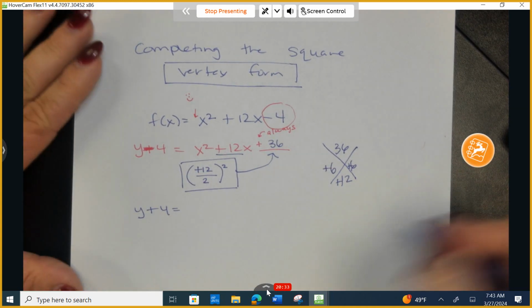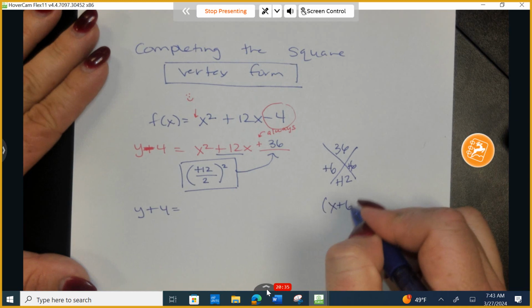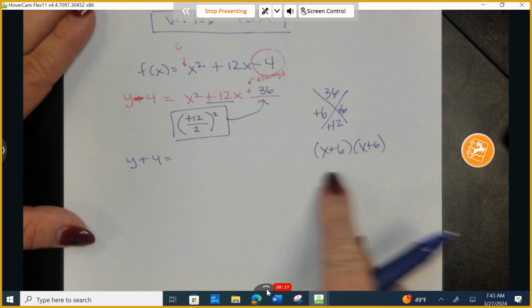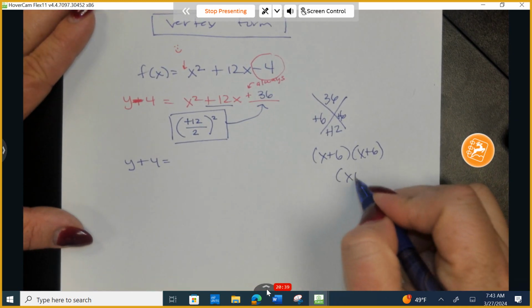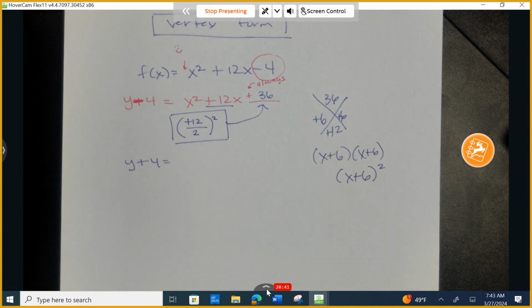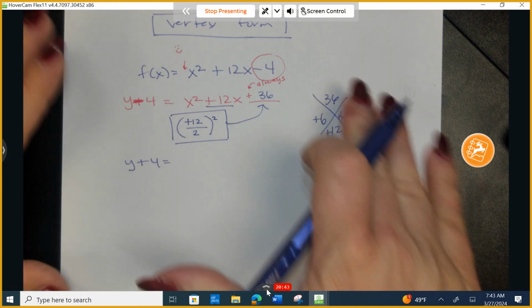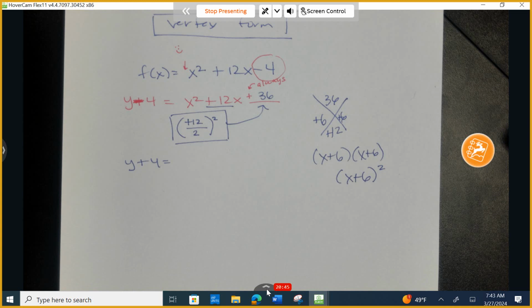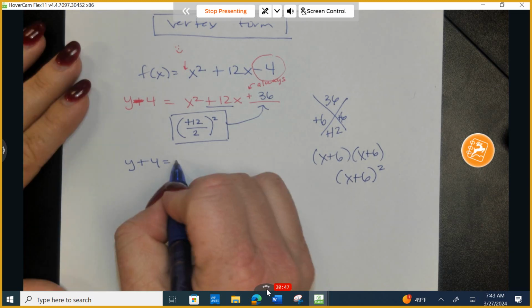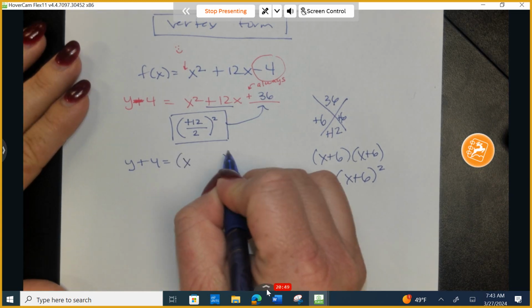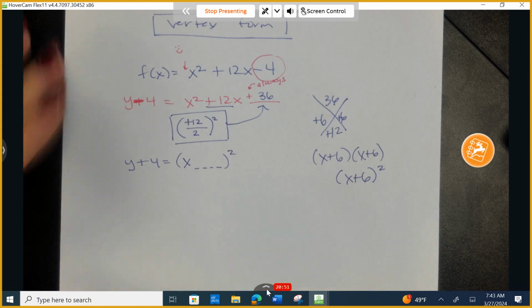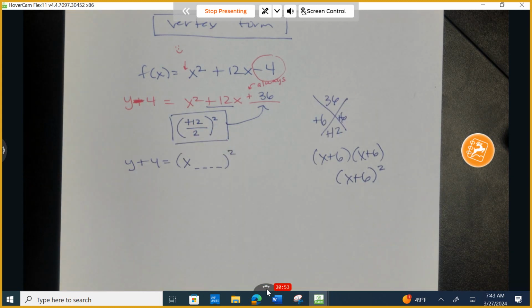So you'd factor all of this and you'd come up with x plus 6 and x plus 6. And when you have the exact same thing, how do we write it? X plus 6 quantity squared. But there's a trick. I'm going to teach you a shortcut. If you want to do all of this work every single time, go ahead and do that. But here's the shortcut. Write this down, and then in this position, instead of having to factor, this works every